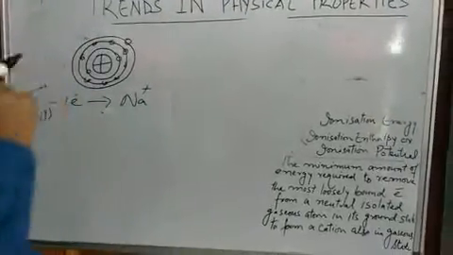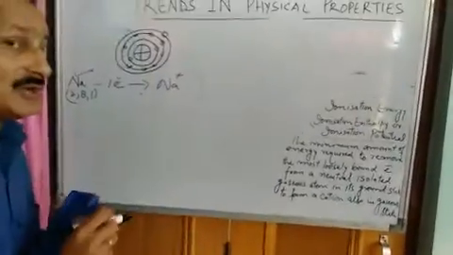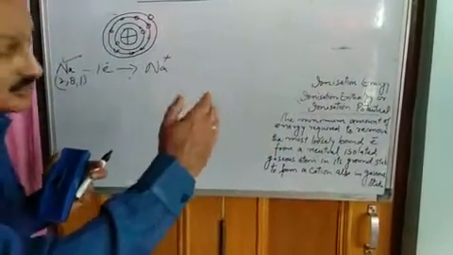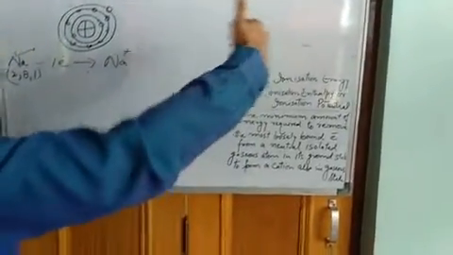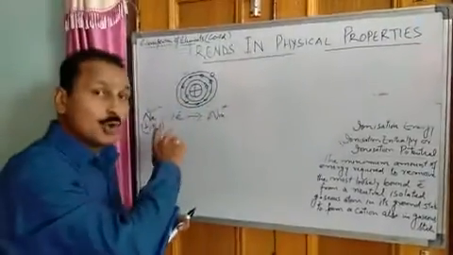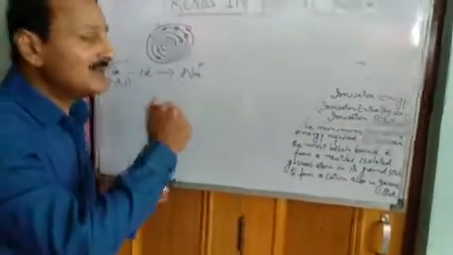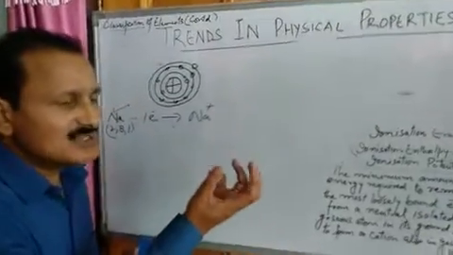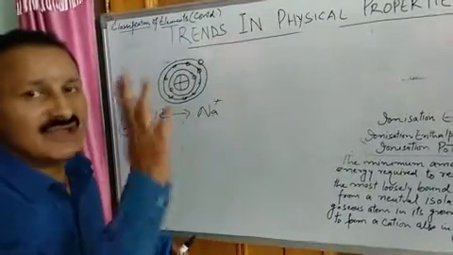Now what happens to this ionization energy in a period? In a period, as we move from left to right, size goes on decreasing. So we will require more energy in the right extreme element. So your ionization energy goes on increasing from left to right in a period. Why? The reason is very simple. As we move from left to right, the size goes on decreasing and your nucleus becomes closer to the valence